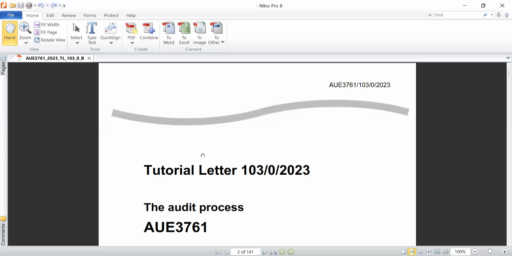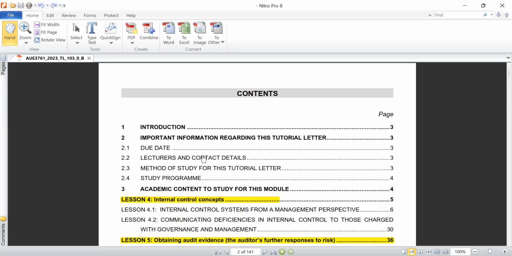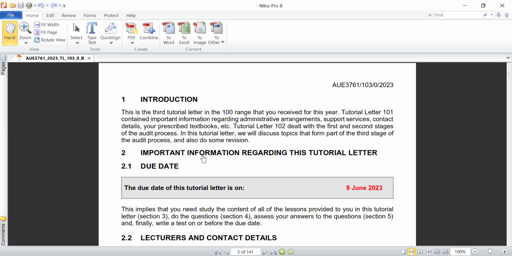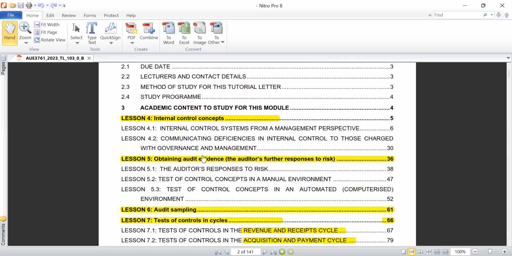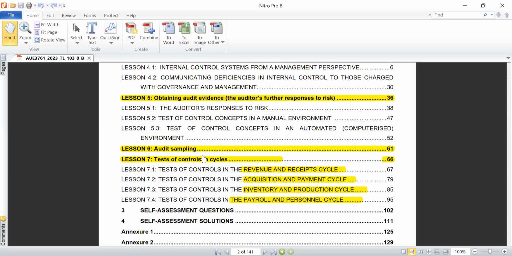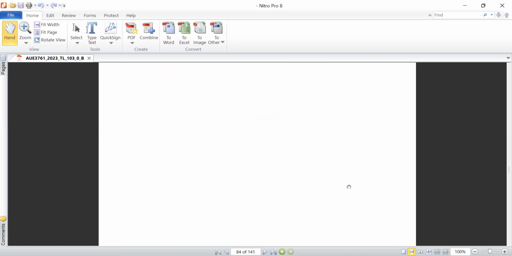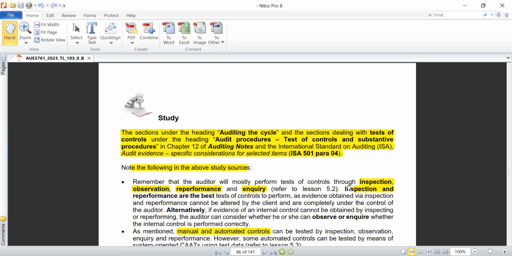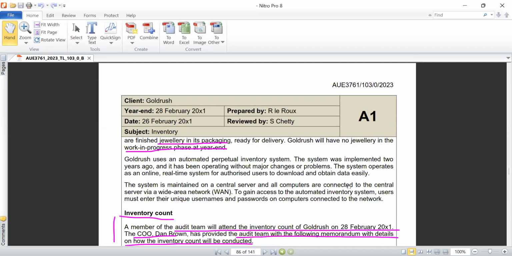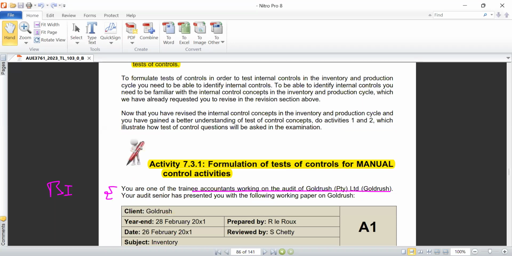Right. So, welcome to lecture 10, video B. We are going to begin to look at a practical example, or a practical question, about the test of controls on the inventory and production cycle. So I'm going to jump straight to that question, and that is activity